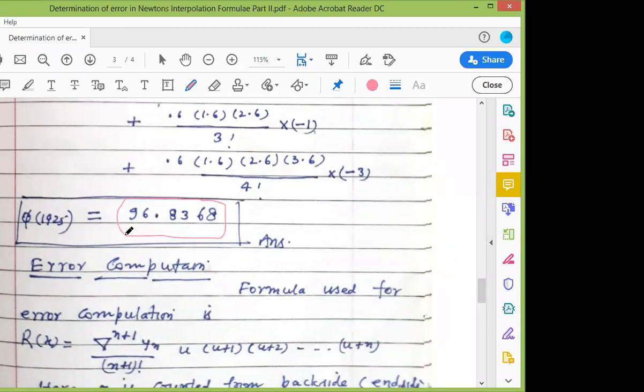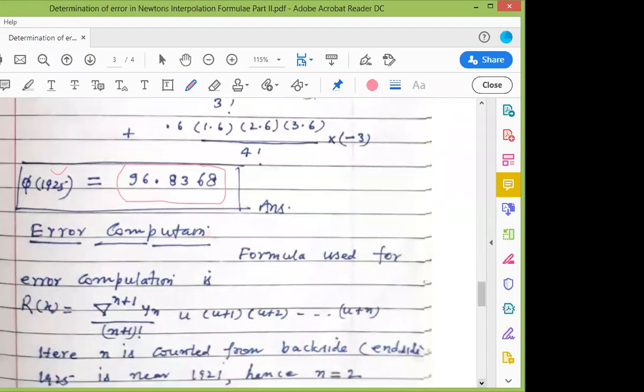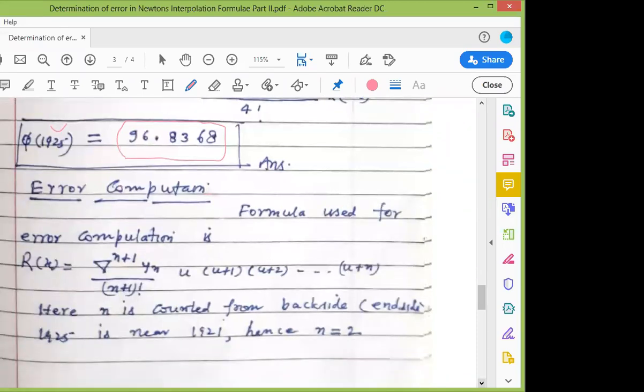The population of the city is given for 1925, and then the error computation: how much error do we commit here? The formula used for this is